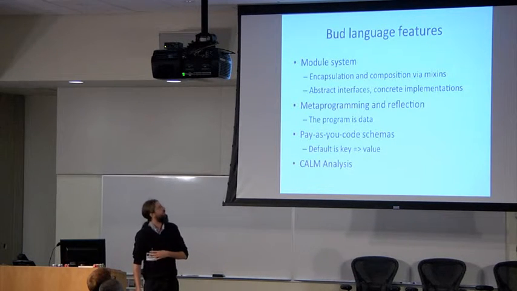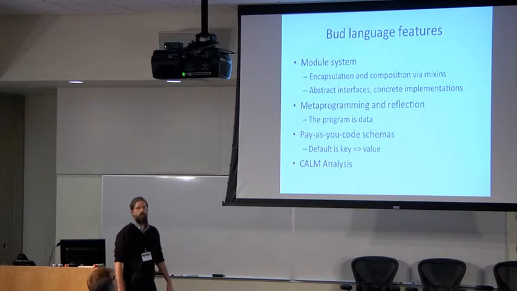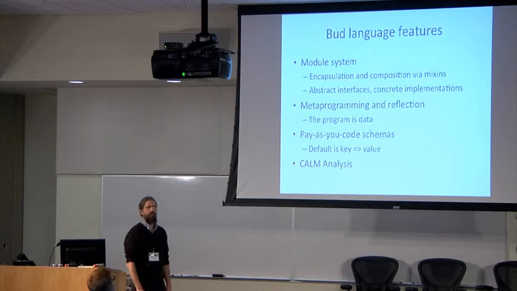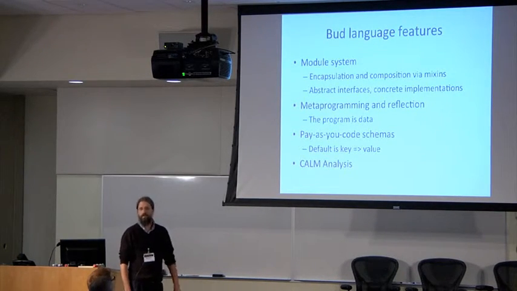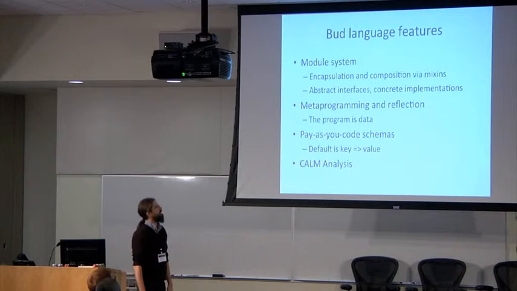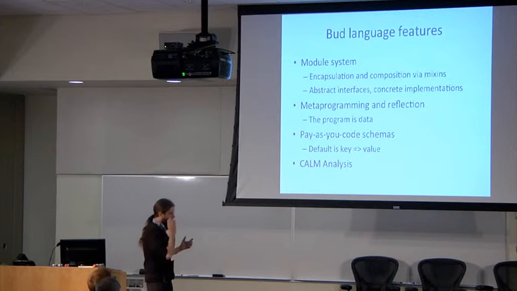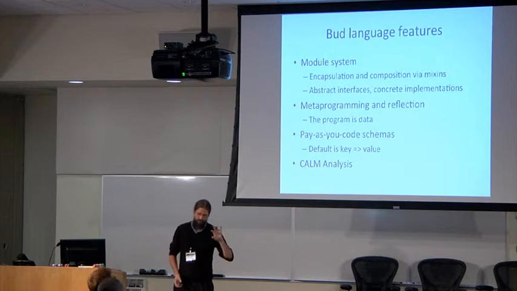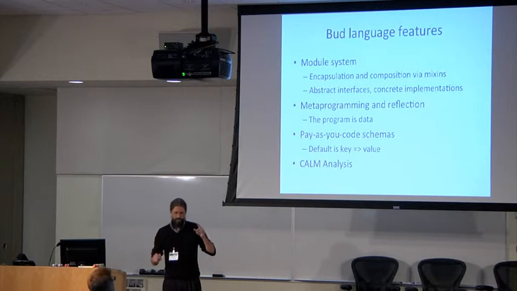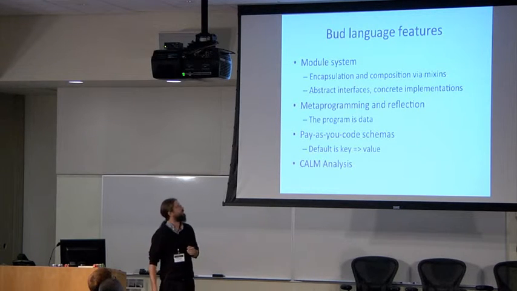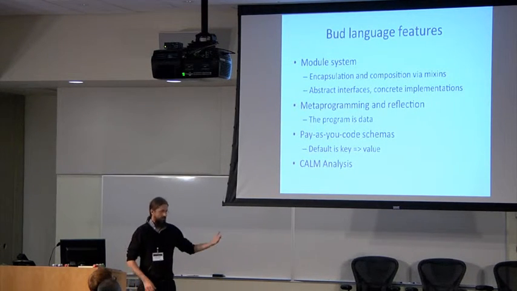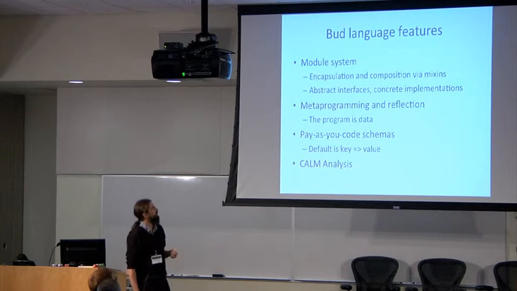Bloom is a little language, but it has to be usable. So we did something that most logic programming languages don't do. We provided a means of abstraction and encapsulation. It's nothing fancy. We borrowed from Ruby's mixin system. So you can define units in which you've said, these are the inputs to this data flow, these are the outputs to this data flow, so that you can reason at the level of the modules, stitch together modules. You can separate interfaces from concrete implementations so that a particular interface can have multiple implementations and so forth.